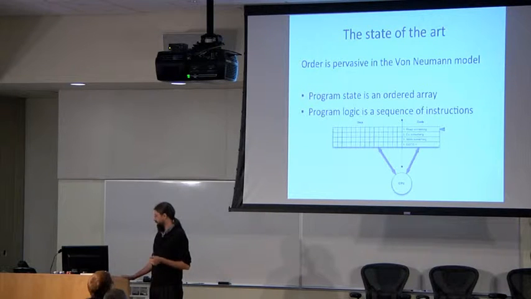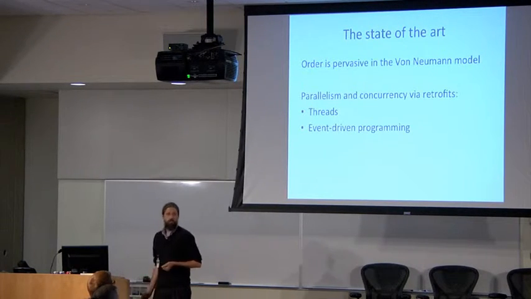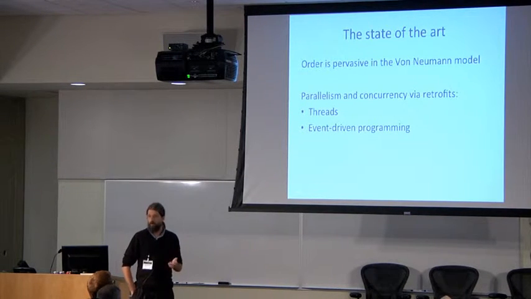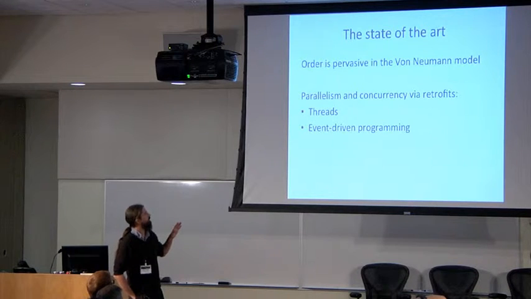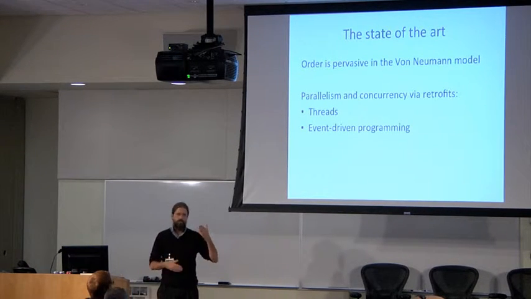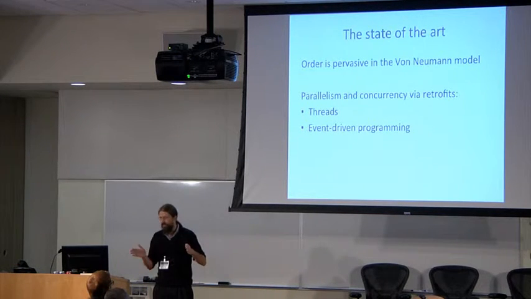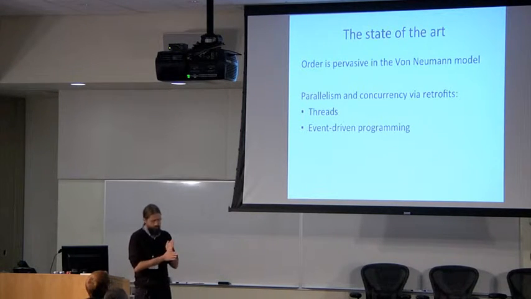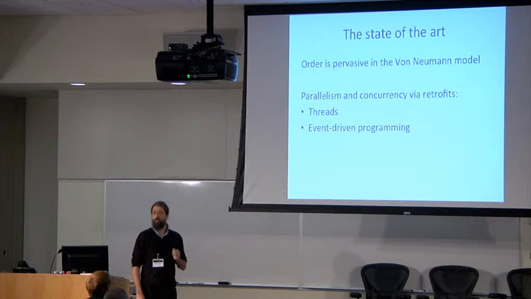To make sequential programming languages run in parallel, we don't need to change our language. We can just retrofit our language like you might retrofit a bridge. There's a couple ways that we do this, but I'll talk about one of them: threaded programming. In threaded programming, you don't sacrifice this sequential recipe of computation, but in fact you make lots of copies of it and let them all run in parallel. But then it increases the burden on the programmer, because now the programmer needs to think about which parallel interleavings are acceptable and which ones aren't.